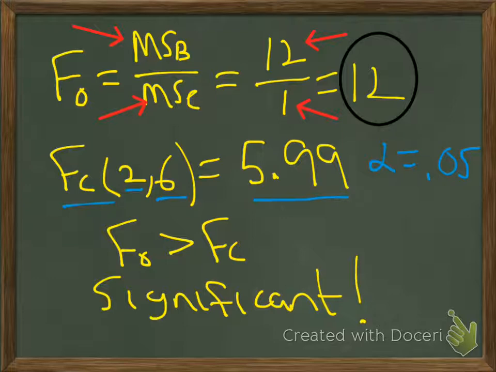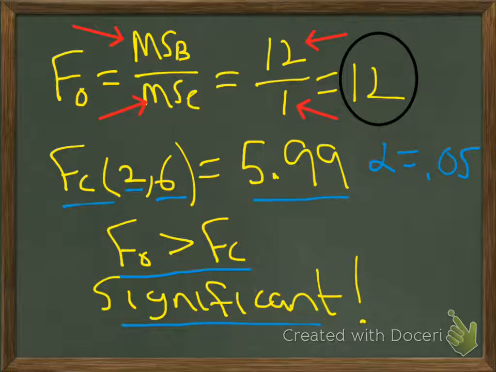And we can see that our observed F value of 12 is larger than our critical value, so our results are statistically significant. Now, when we find a statistically significant F value, here's what we know. We know that there's differences between the population means, but we don't know which specific population means are different from each other. So it could be, if you got 3 groups that you're comparing, it could be that 2 of